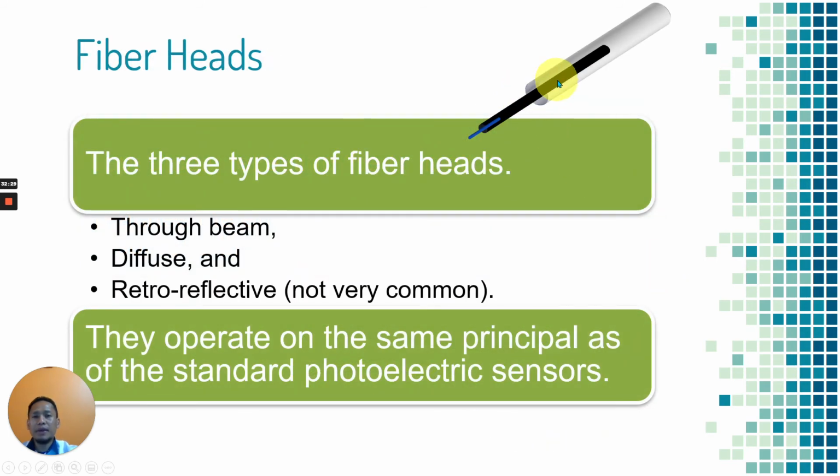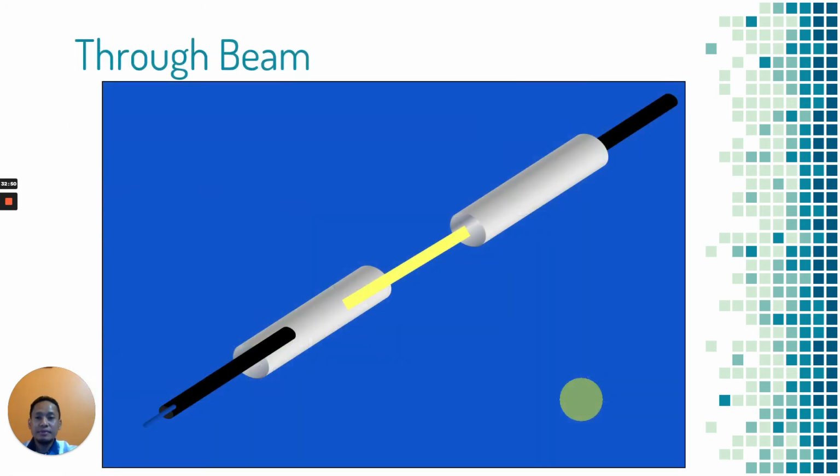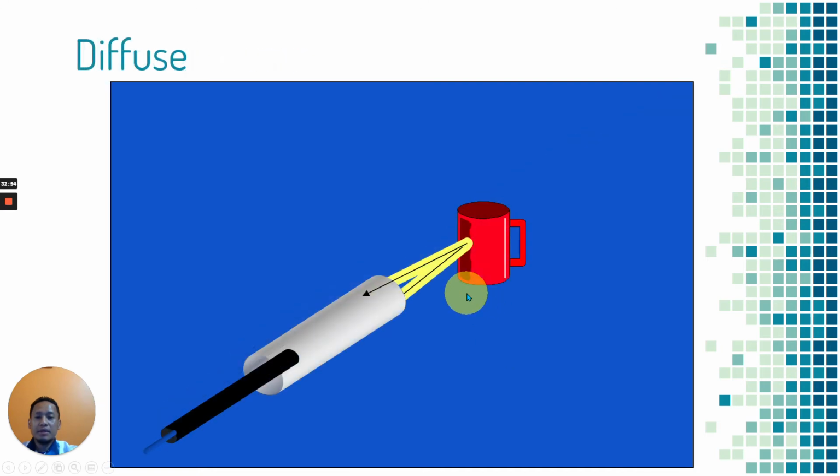And then this is the fiber head. There are three types of fiber head: through-beam, diffuse, and retroreflective. However, we usually use the through-beam and diffuse, and they operate on the same principle as the standard photoelectric sensor. The through-beam sensor is like this, and when it detects this object, it will reflect the signal, the light,